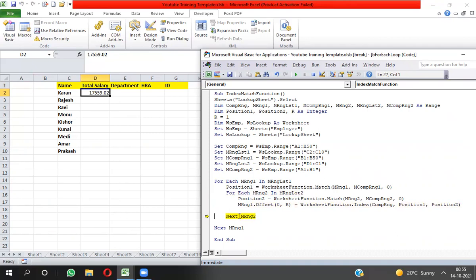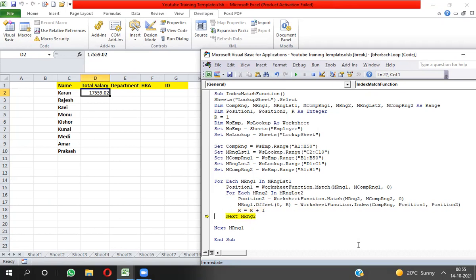Now I will get the second position. So here I will have to move my R value. R equal to R plus 1. I will move.